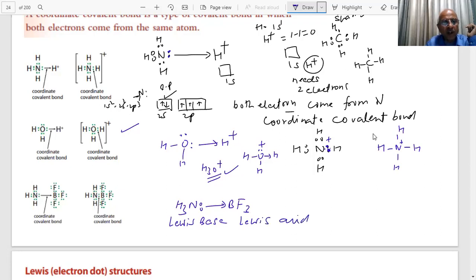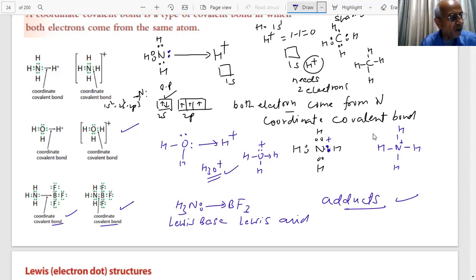And what do they form, students? This type of adduct, these are called adducts, students, addition products. And this is a coordinate covalent bond which is formed, as we have shown here also, between nitrogen and boron. Can you see the coordinate covalent bond, students? Yes or no? Tell me. Clear? Yes, sir. Therefore, coordinate covalent bonds are being formed.